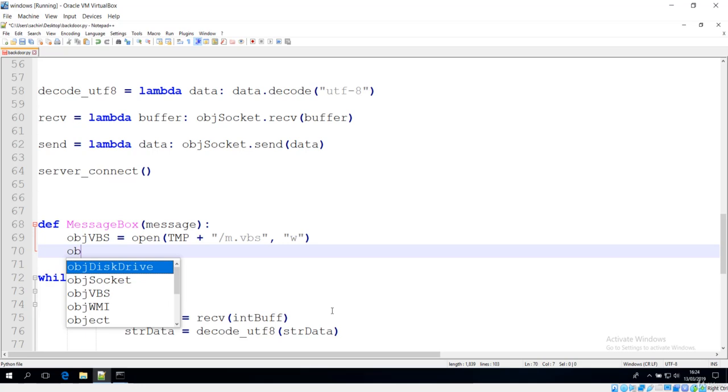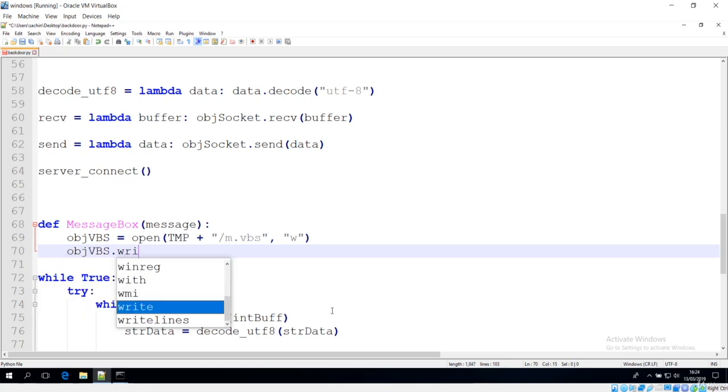So this will be our object of VBS, and here we can use this write method in order to write, and that will be, let me say, first will be message box, should be this message box. Sorry for typos. Let's just close this message box for now.